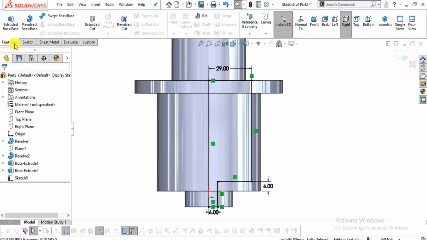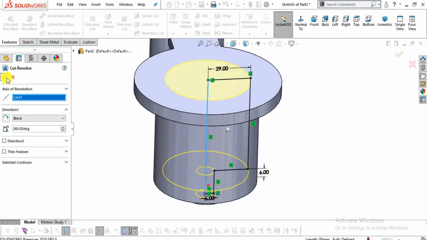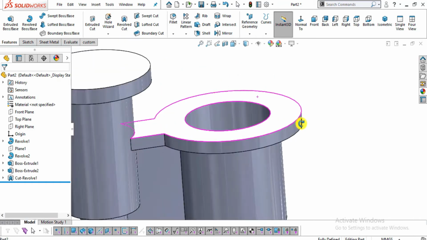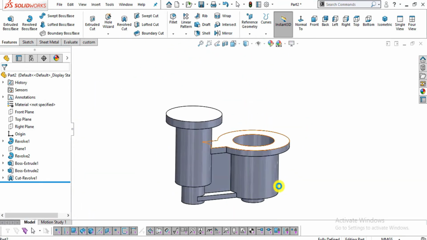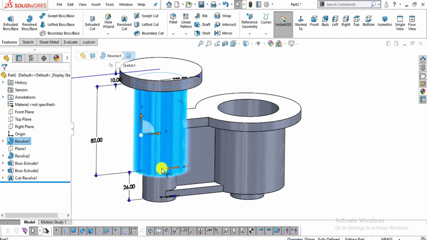Now go to features, select here revolve cut. Axis will be this one. OK. You can see we have created the cutout. Now I will make cutout through this body.